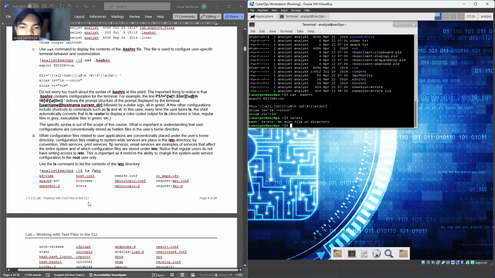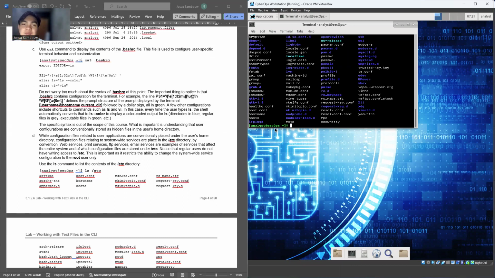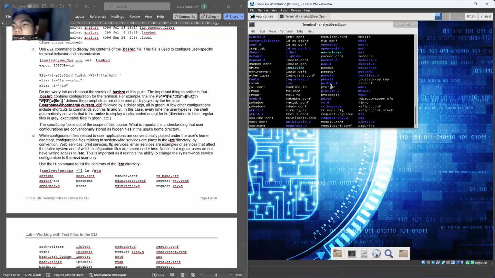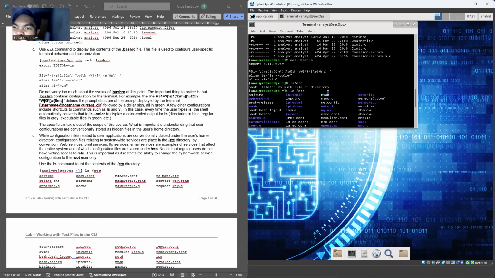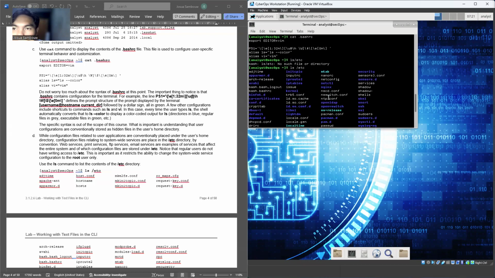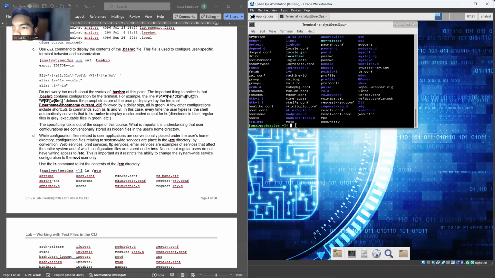Oh, what's going on? ls space slash etc. Ah, typo tadi. I'm sorry. And in here, we're seeing the directory. Wow, banyak.